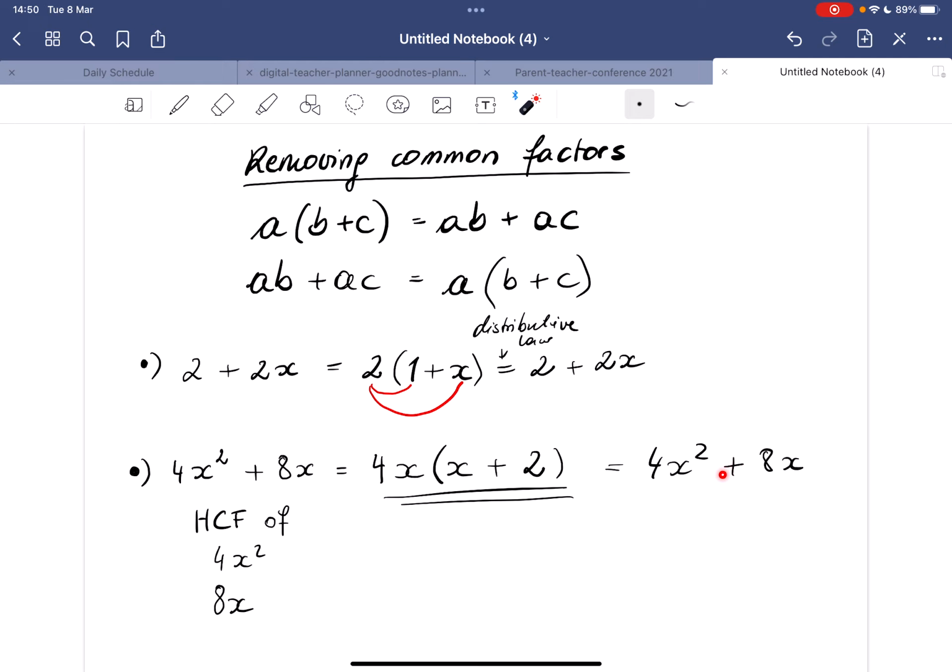There's a plus in between, so we need a plus here. And we can now check this expression here is exactly the same expression as this one here. And therefore,